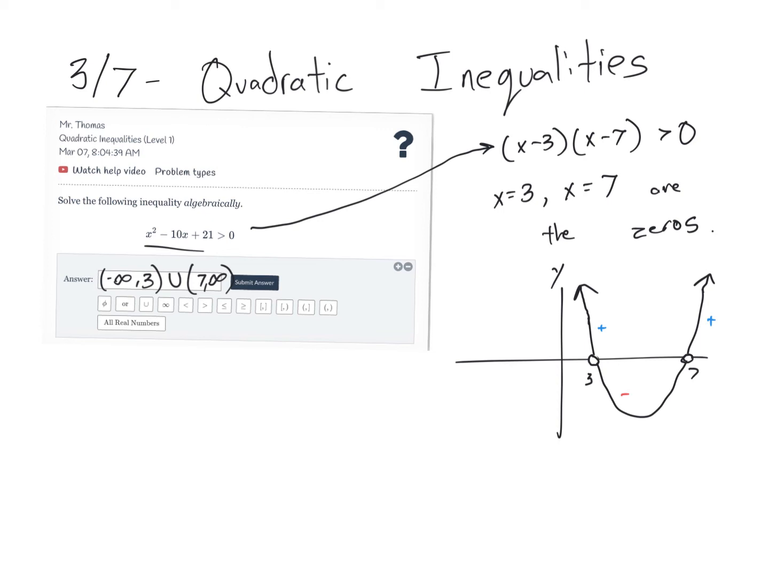Maybe another example, 2 more examples. A lot of examples will help you out, but you can do that part on the Delta Math. I do need a note